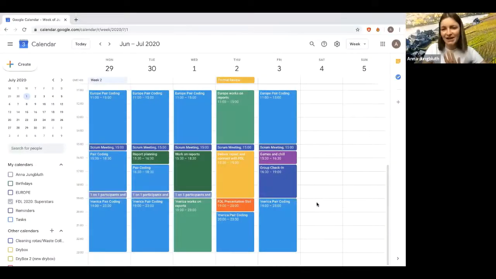But what we wanted to do today is, when we had the one-on-one meetings with you, we tried to get a sense for what your normal working schedules are like. And so we tried to put a tentative schedule together just to give you an idea of how collaboration across so many time zones might work. So I'm going to share my screen really briefly to give you a little idea of what that will look like. It looks really scary now because it has all of the different time zones in it. I'm purposely starting on week 2 because week 1 will be entirely dedicated to the sprint. But basically what I wanted to show you is something that we talked about in the one